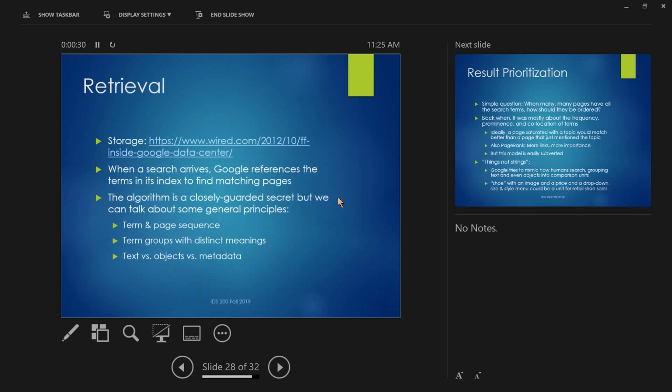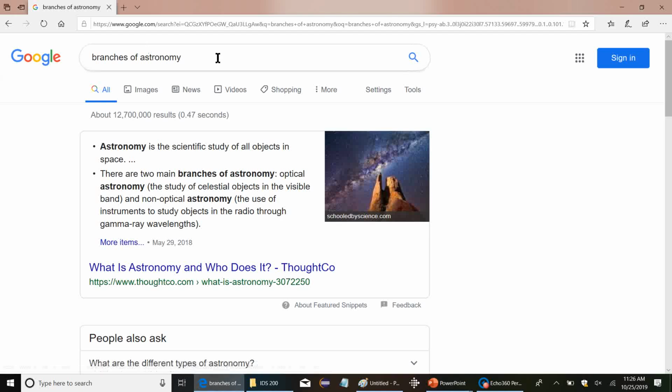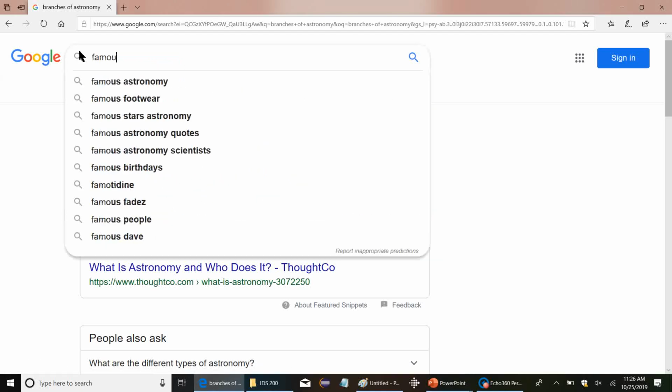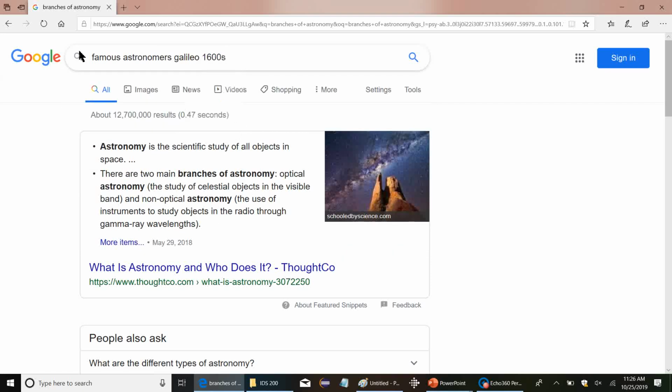Some things we've already talked about: the presence of more than one term, the sequence in which they appear, term groups that have distinct meanings. So again, I do a search for something like famous astronomers, Galileo, 1600s, right? In this case, I'm probably not looking for a page that has those exact terms in sequence, right? I might find a page that has that, but what I'm more looking for is the general meaning of this. And Google has enough experience to map, oh, famous astronomers, that's something. Galileo,